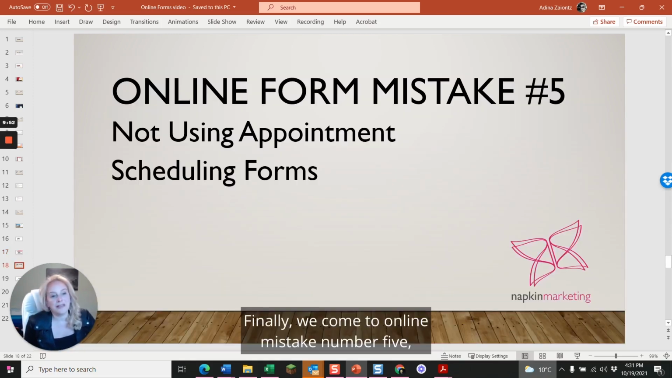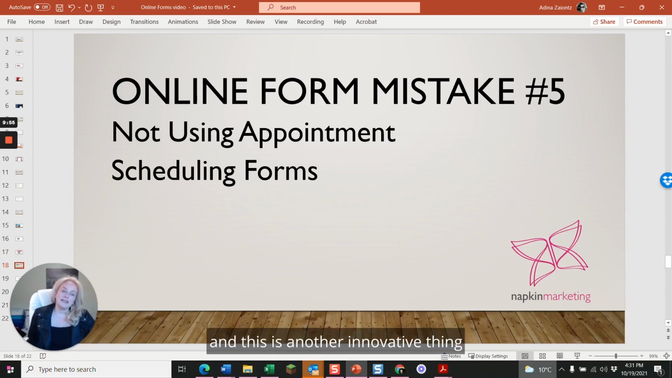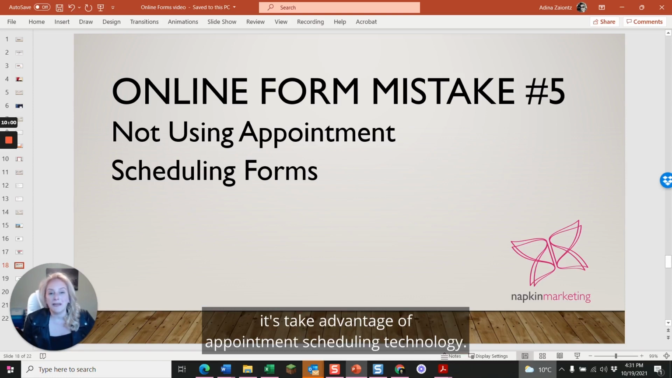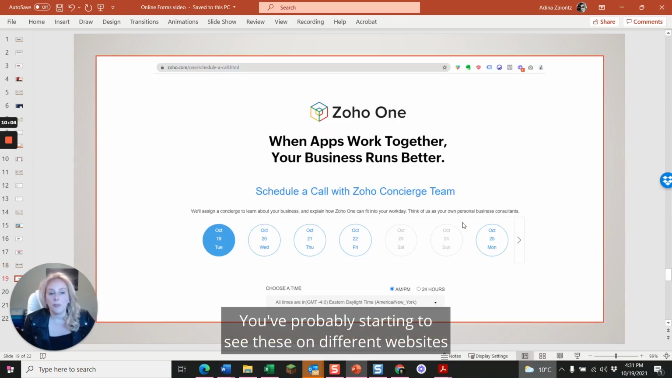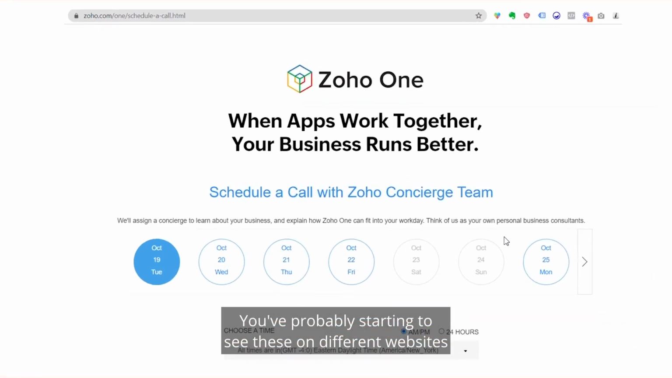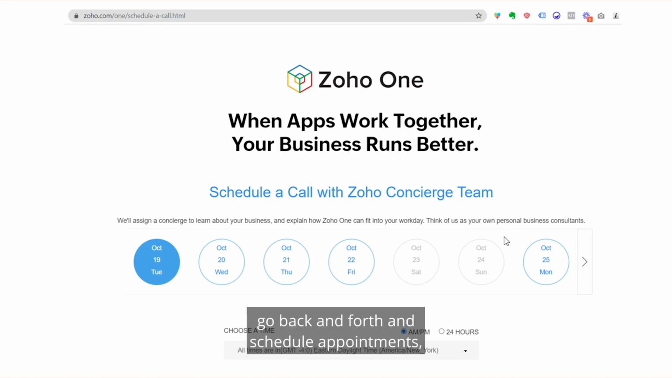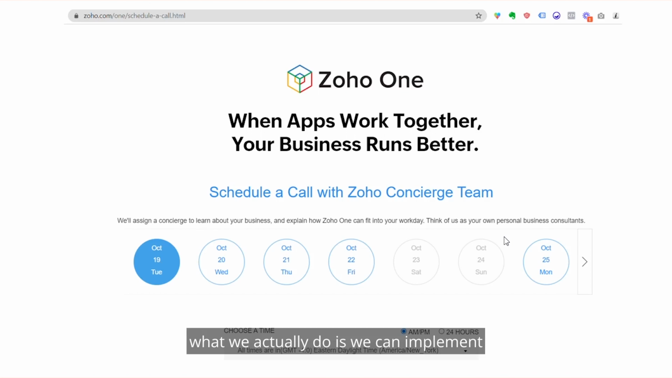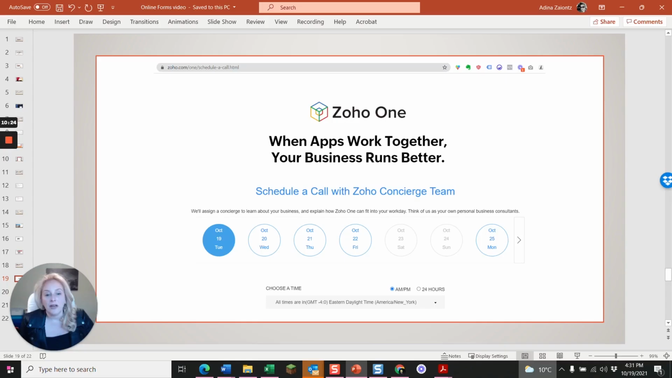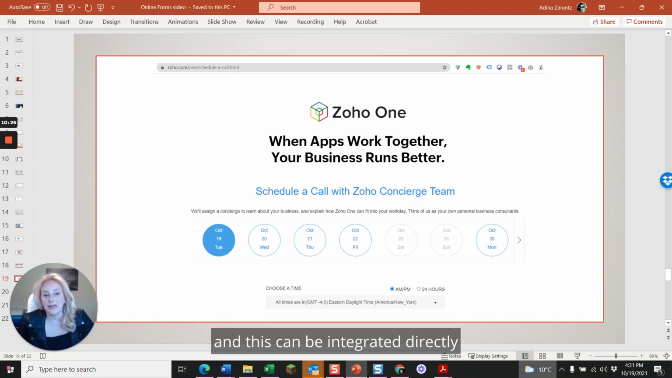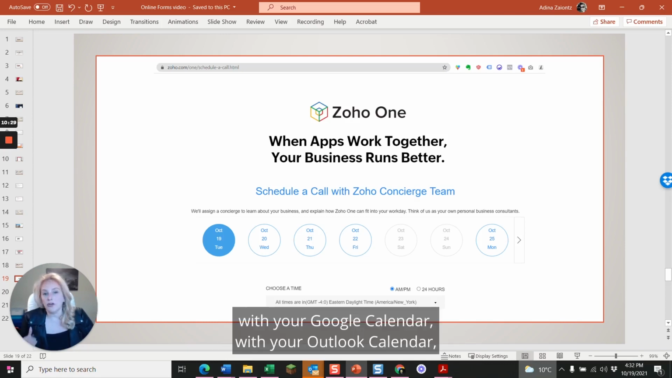Finally, we come to online mistake number 5, and this is another innovative thing you can do on your website. It's take advantage of appointment scheduling technology. You've probably starting to see these on different websites, and they're a lot easier to implement than you think. So instead of having clients just fill out a form to get a consultation with you, wait to hear back from you, go back and forth and schedule appointments, we can implement an online scheduling solution, and this can be integrated directly with your Google Calendar, with your